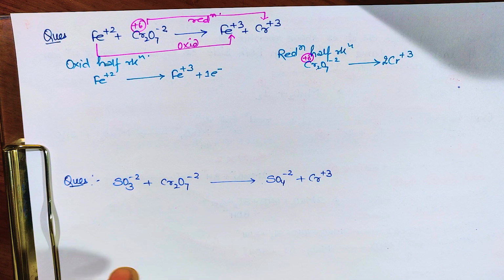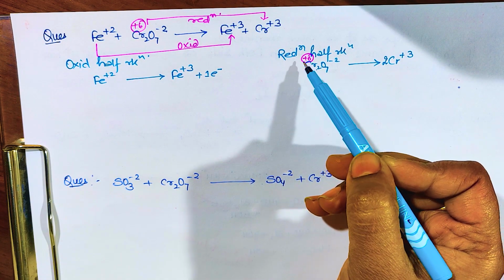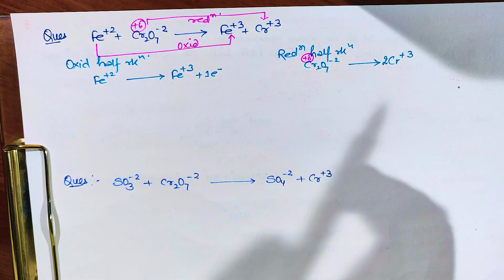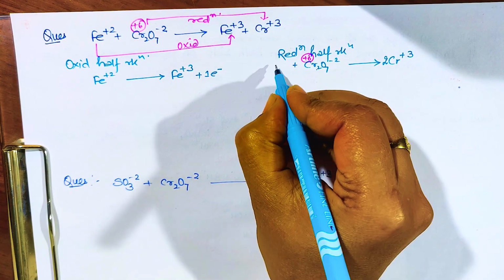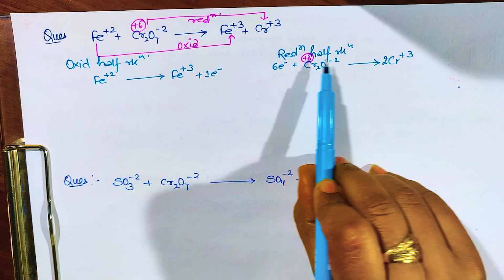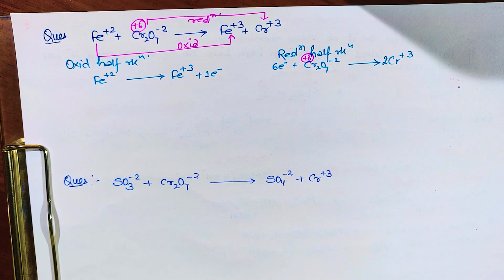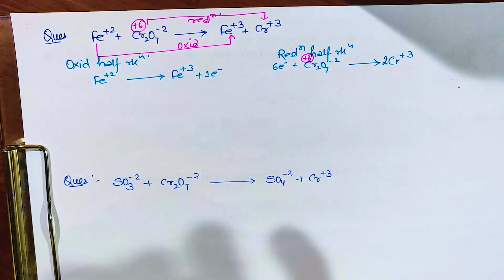Now for this, if we find the total difference, for 1 chromium it is 6, so for 2 chromium it is 12, and for 1 chromium it is 3, so for 2 chromium it is 6. So the difference is 6 electrons, and it should be added on which side? Obviously this. This is the major mistake. Many students do it like this: they will take 6 and 3 only, and find the difference as 3. But it is not like that. You have to follow stepwise. If you do it up and down, you might get the wrong answer. That's why we have done it this way.